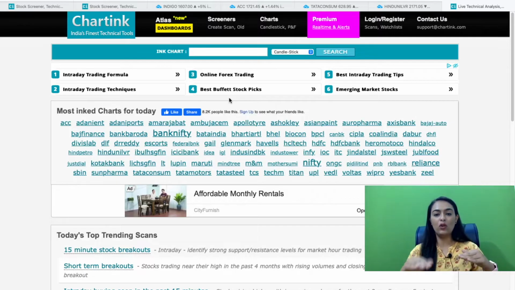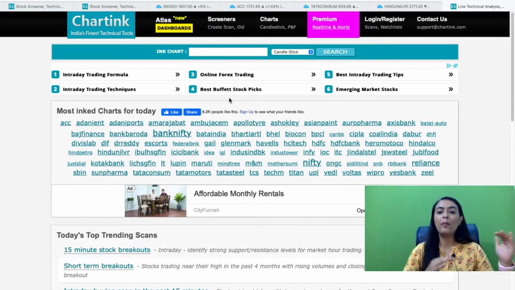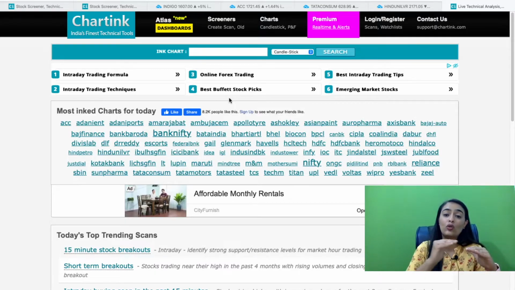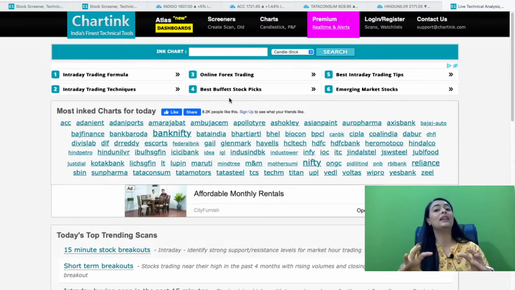Open low means investors are not allowing that stock to go below the open price, so it indicates bullishness in the stock. And when it comes to open high, the investors are not allowing the stock to go above the open price, which indicates bearishness in the stock. This is the logic behind the open low, open high technique. So let us move on to the technique.